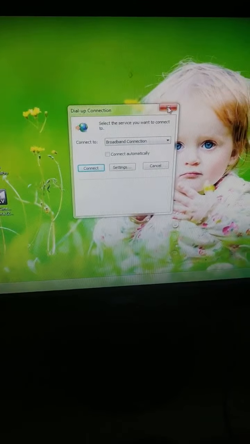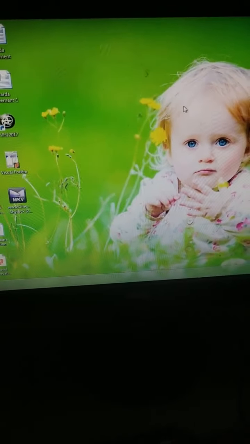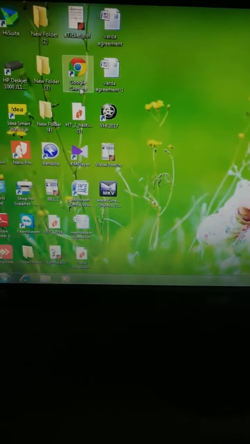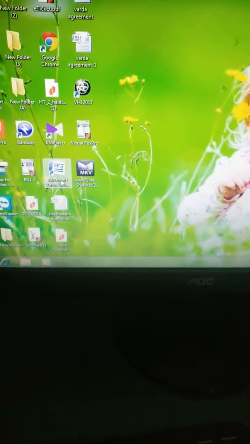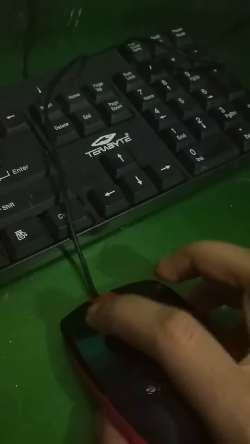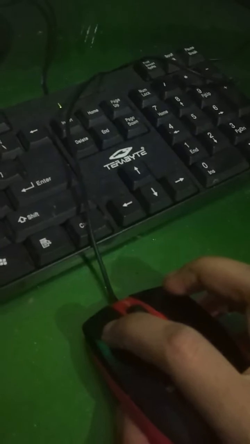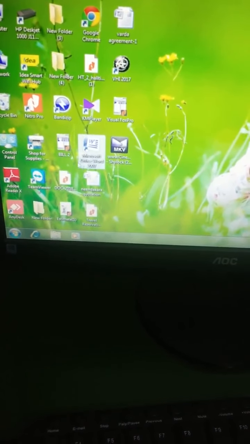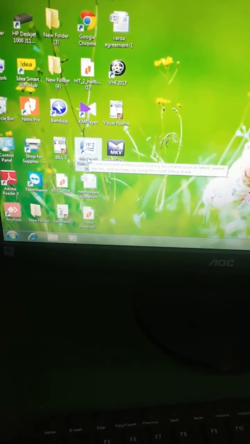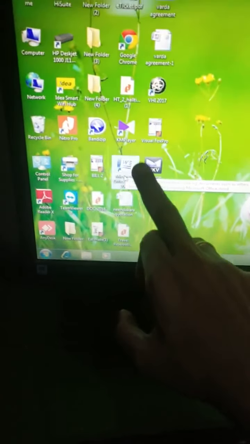Look here. Okay, now I told you single click. I'm going to a file, for example Microsoft Office Word. And I'm giving a single click on the left button. Only a single click, that is only one click. Look here, when I click one time, that file is selected. Did you understand? Some different color came on that file.